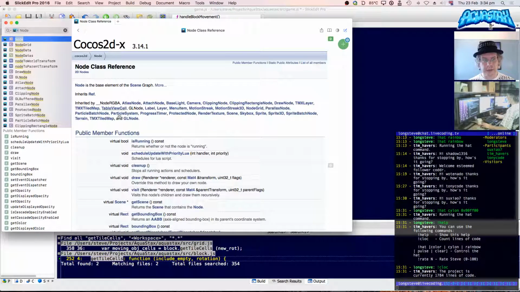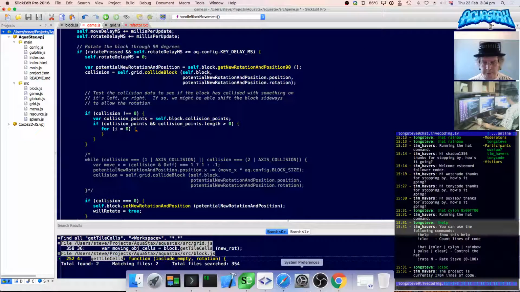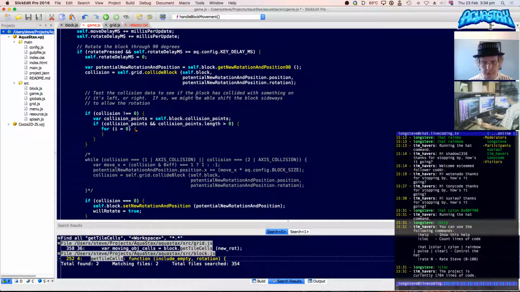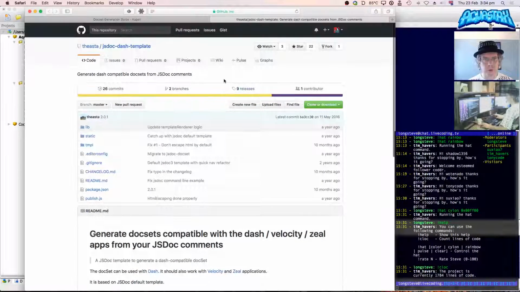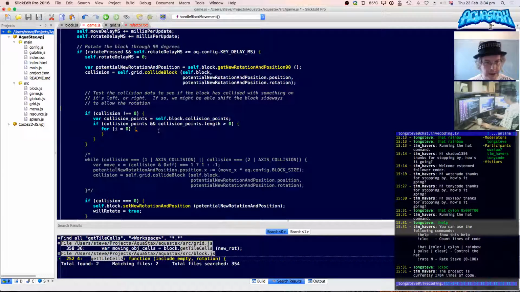It has Cocos2dx, so you've got all of the C++ documentation. And a lot of it is still relevant because the APIs are very similar, but not exactly the same. So I was looking at how to make the JavaScript docs work inside Dash, and it's possible to do that by using some tools that people have written, JS doc dash template and so on. So I'll look at that for another day. Right. Oh, I was going to paste this in, wasn't I?